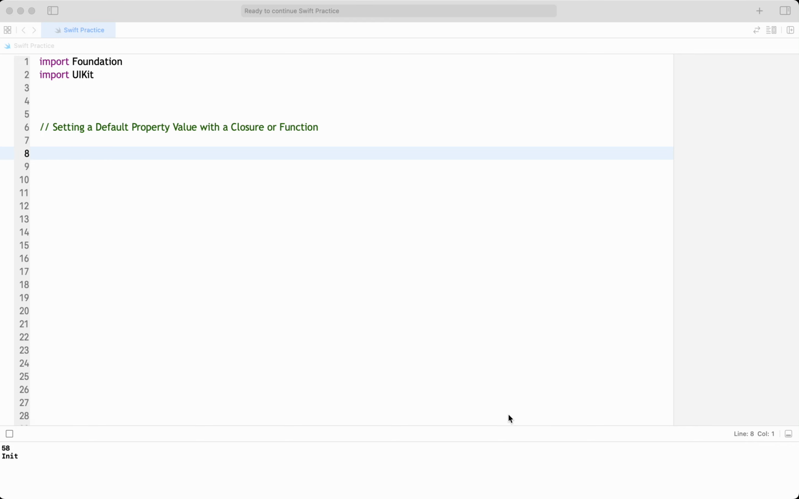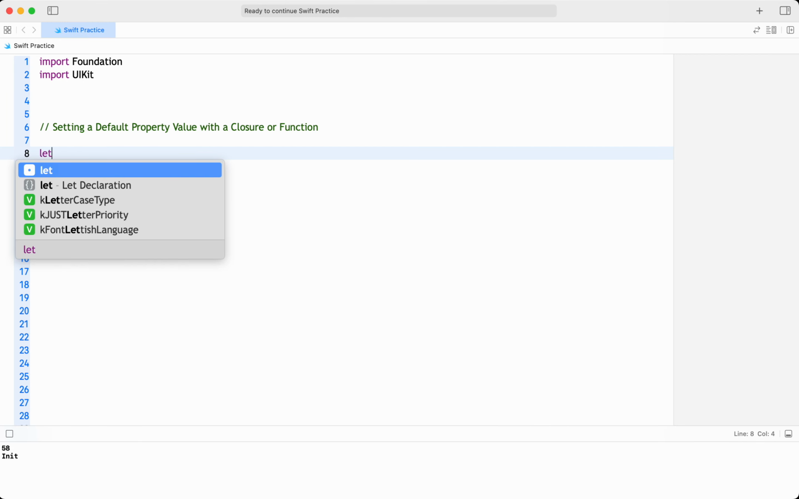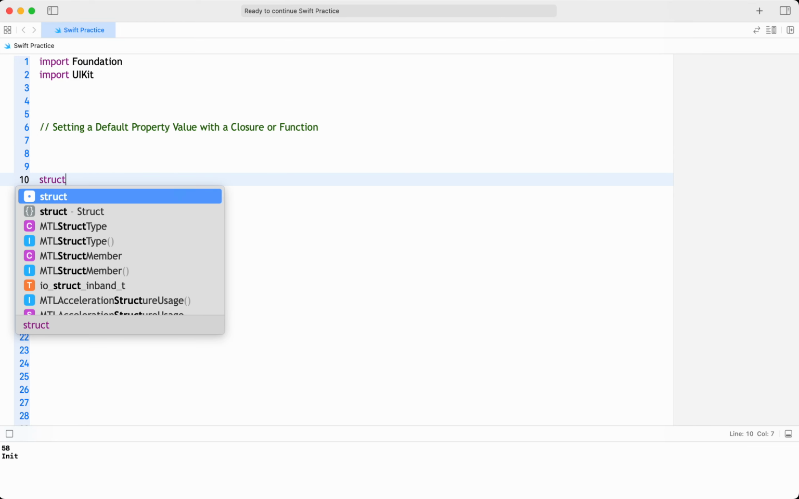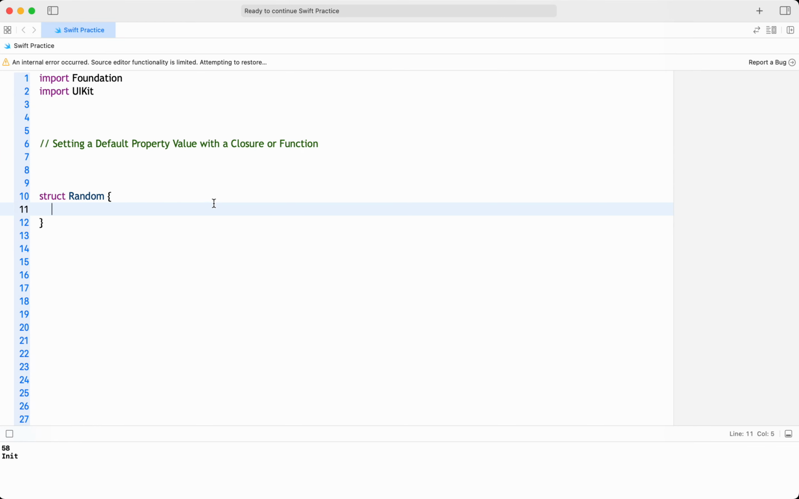In this video, let's see setting a default property value with a closure or a function. In my words, if a constant stored property's default value needs a calculation, for example, let's say I need a random value. Let's say I have a struct called Random in which I have a property called randomValue, which is of Int type,